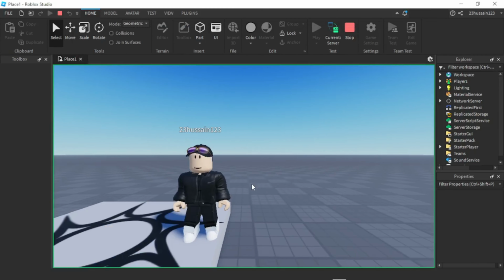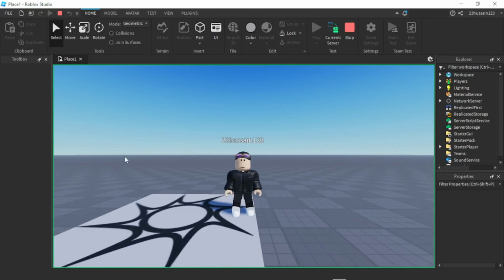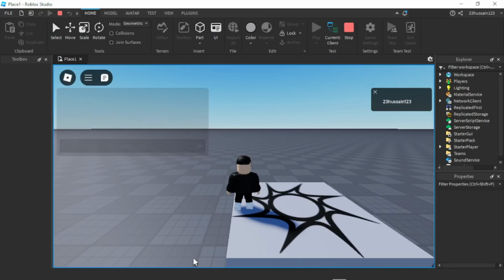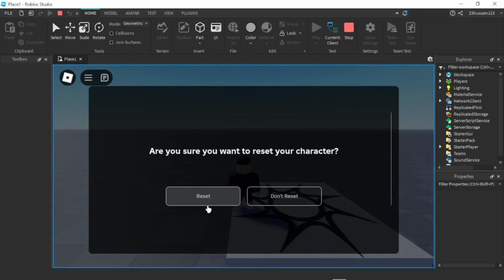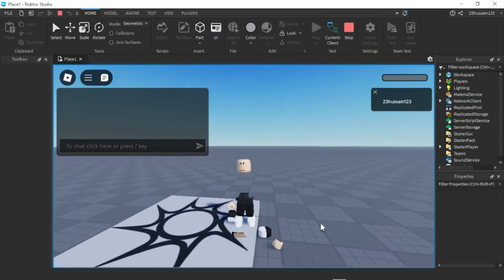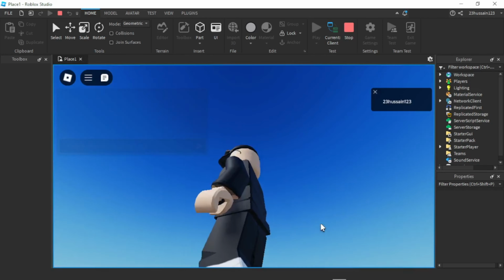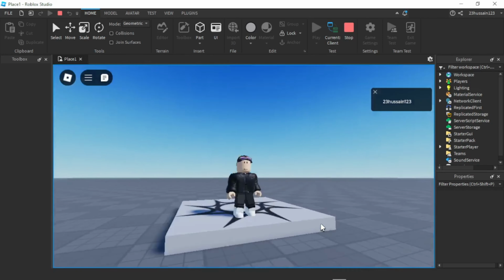Press R, you will die. And everyone knows that if you want to die, first you go to the menu, press reset, and reset. So I will tell you a simple way to reset